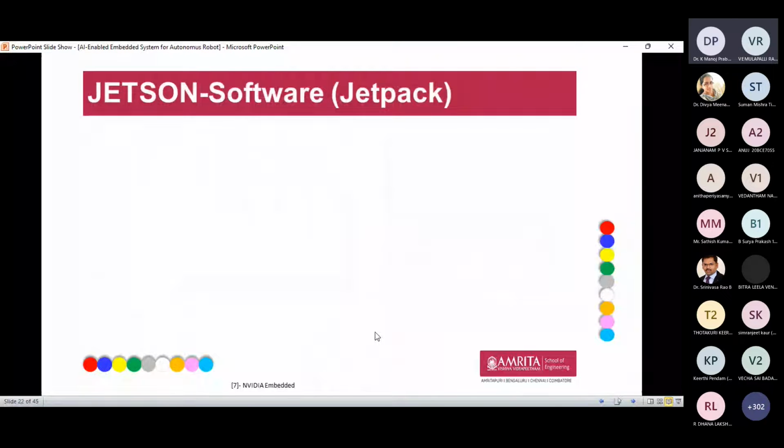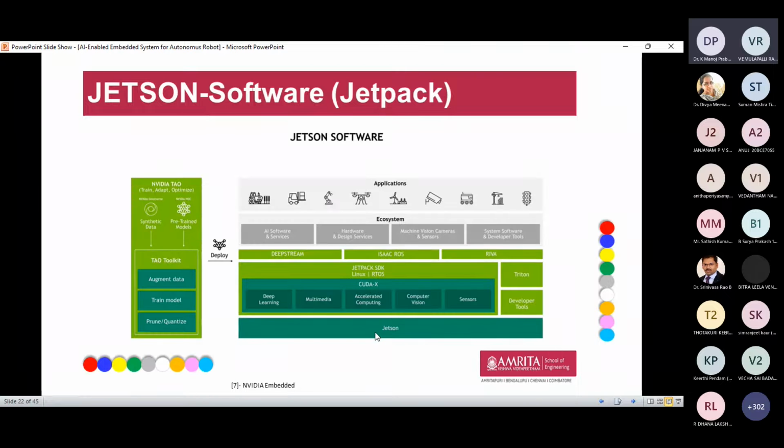And from the embedded models, they can be categorized into separate software architectures. One is Jetpack. Jetpack is implemented only in the Jetson family, not interlinked with our Clara and Drive AGX. Here the same step, we can interlink with our deep learning and ML techniques. From the ML and deep learning techniques, the robot has to do certain actions like capturing images, finding the density of objects, species identification, whatever it may be. We can do this in this software, that is the Jetpack tool. And here Isaac ROS can be implemented with Jetpack.